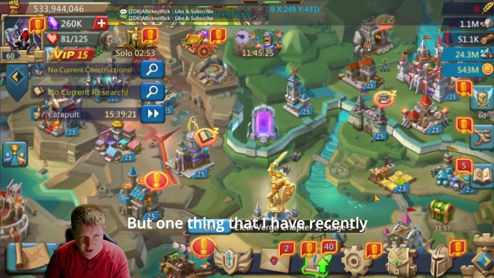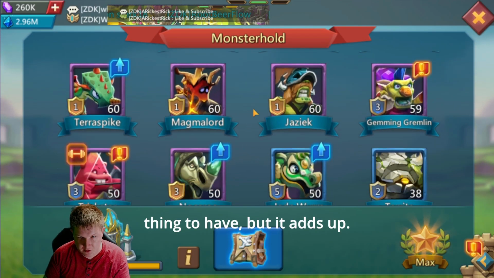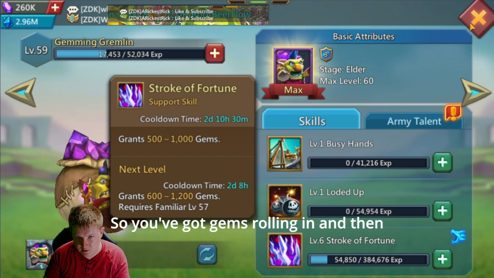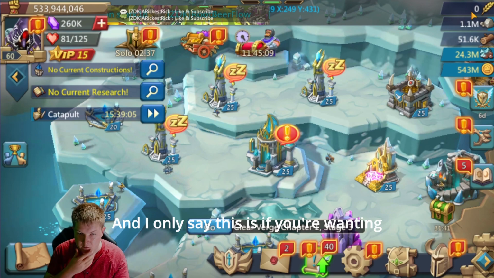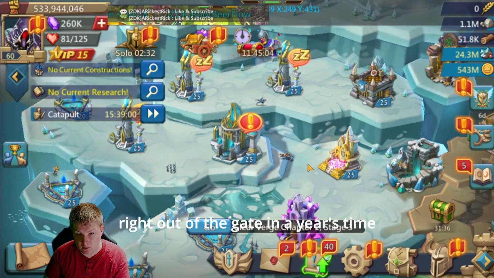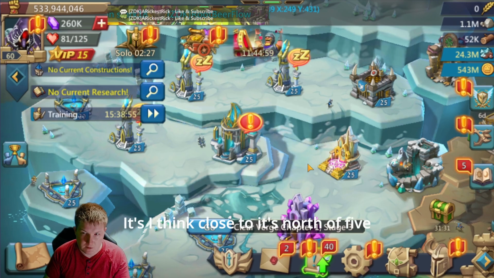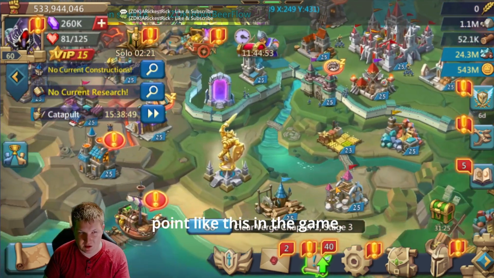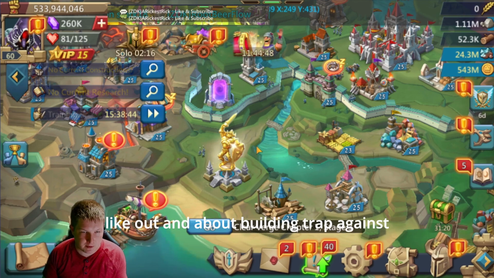But one thing that I have recently started doing too, and I think it's more of a nifty thing to have, but it adds up over time, is just get your gem and gremlin, get your stroke of fortune so you've got gems rolling in, and then you also want to get some of your lucky stars. And I only say this if you're wanting to play this game mildly free to play, you're not going to be able to do this right out of the gate in a year's time without spending a couple $1,000 pretty quickly. I think it's north of $5,000 just to get to a point like this in the game. If you've never wondered why people are out and about building trap accounts, it's because